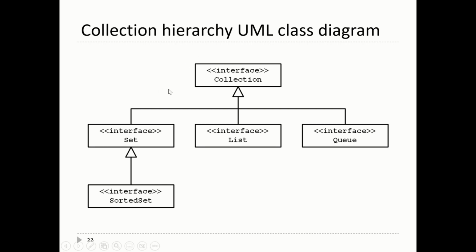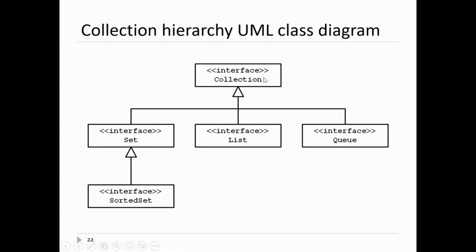So the way you draw one of these diagrams is your classes or your interfaces, they go inside a box. The name of the interface or class goes inside the box. If it's an interface, then there's normally some sort of annotation that says it's an interface. This is actually the older style of drawing an interface in UML. There is a newer style as well. So at the top of this